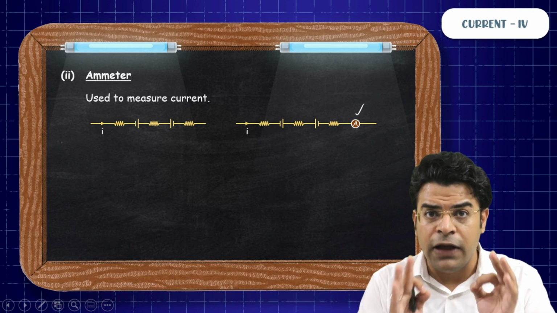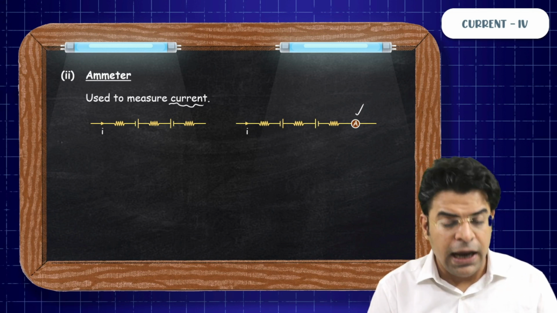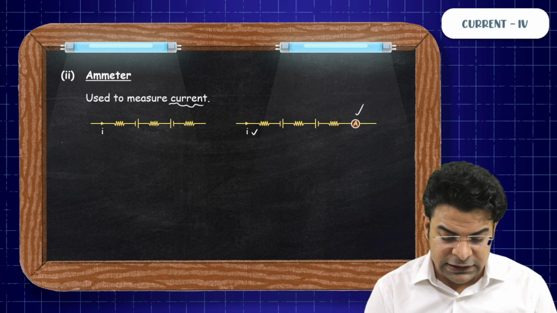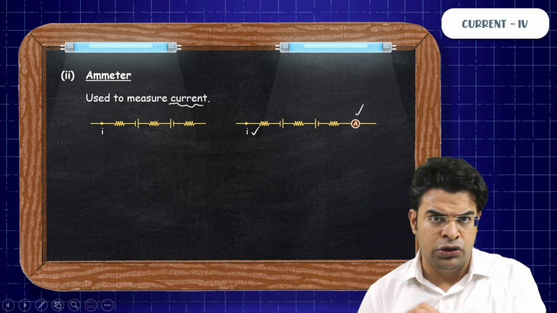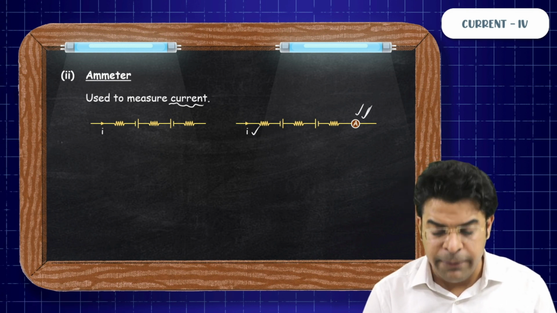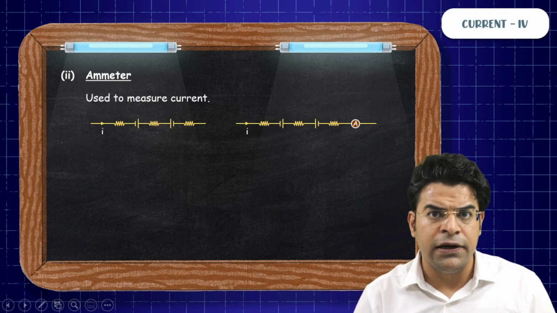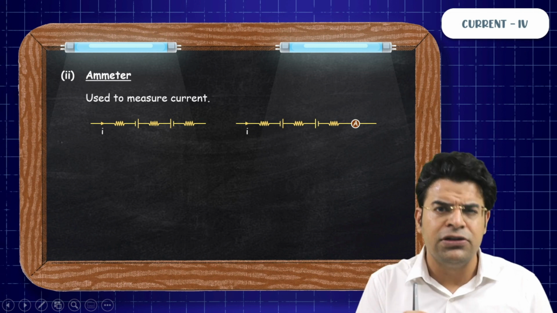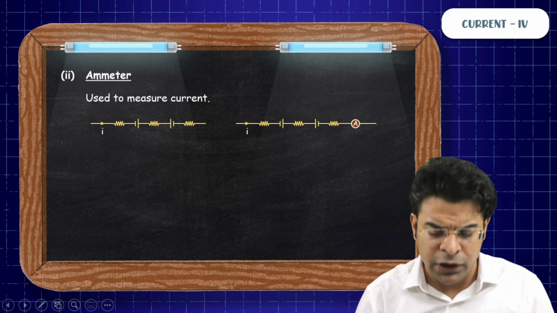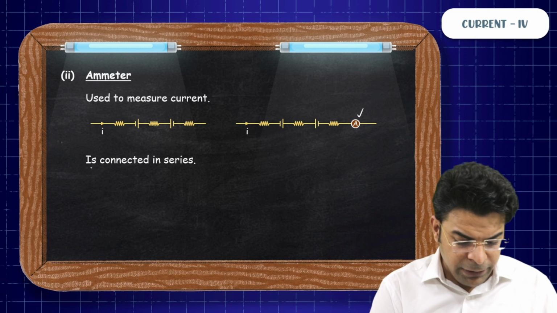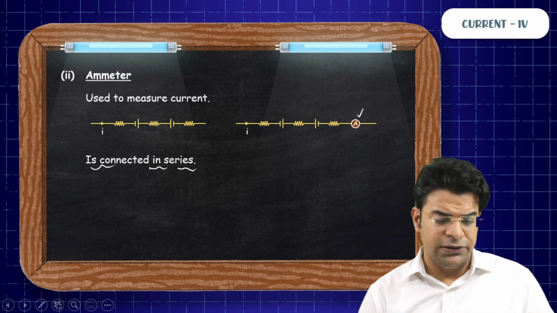The job of ammeter is to measure current, and in the series combination we get the same current flowing through every single instrument. That's why we always connect ammeter in series. What is the job of ammeter? To measure the current. Why are you using the device to measure the current in a particular line? Now, we know that ammeter is connected in series, yes.